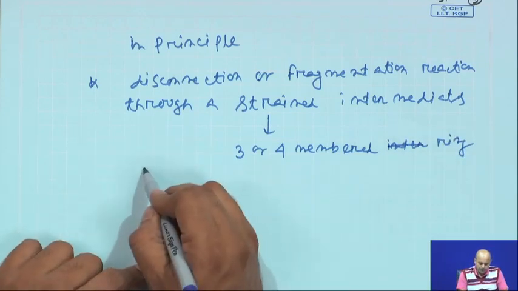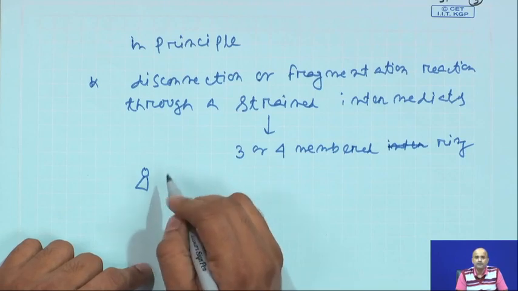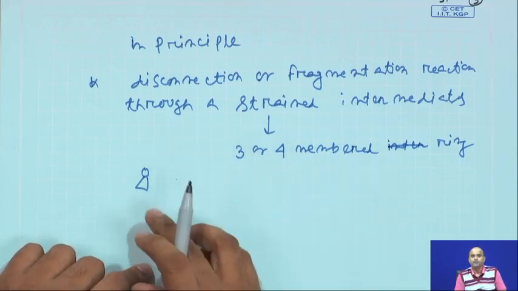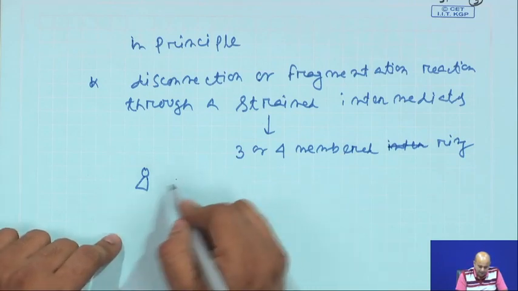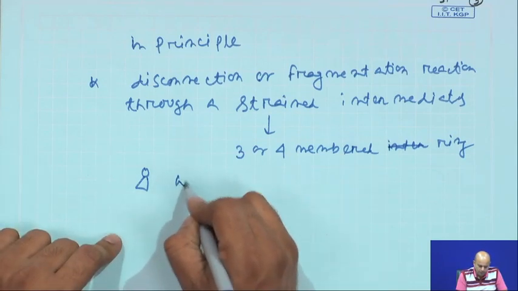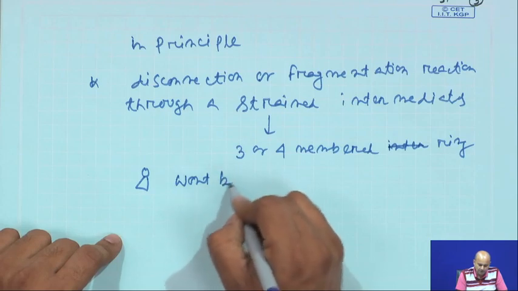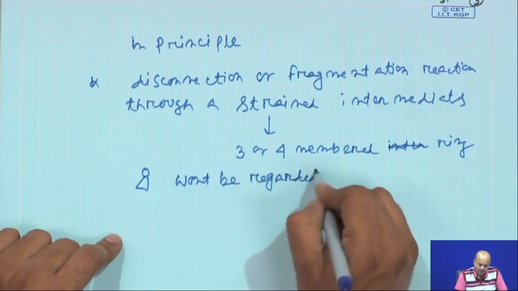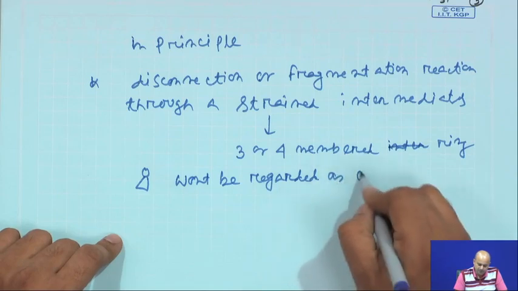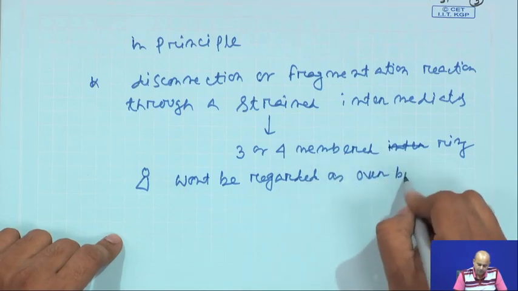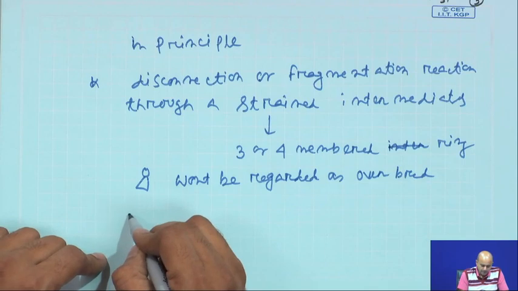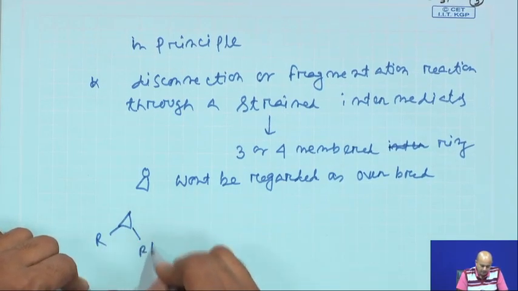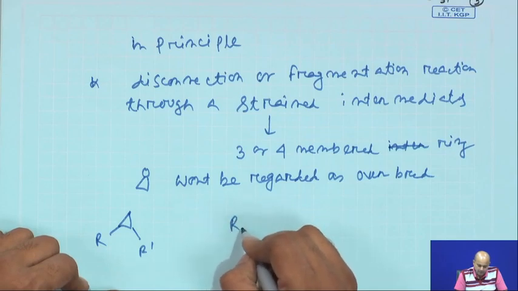Now, epoxide won't be regarded as an overbred intermediate. Epoxide is normally quite stable, and it can easily be opened up by a nucleophile. So, epoxide won't be regarded as an overbred, but if you have a cyclopropane, like this kind of cyclopropane, or if you have cyclobutane,